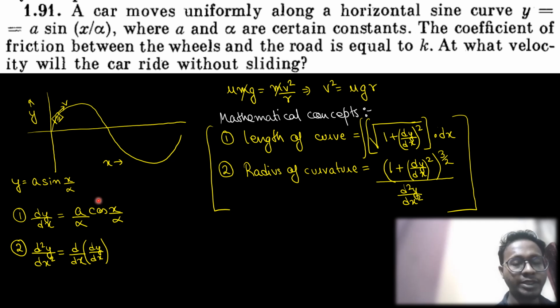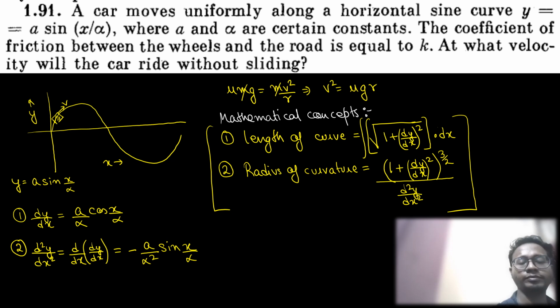That means if we differentiate this entire equation with respect to x, we get d square y by dx square, or you get minus a sine x by alpha out here, divided by alpha square. Understood? Okay. So if we apply these two formulas in this equation, we get radius of curvature is equal to